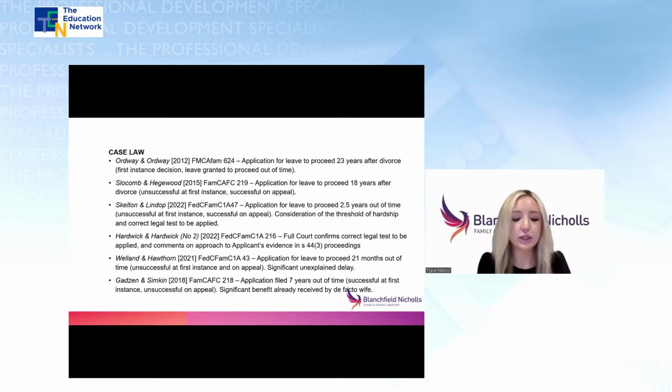The primary judge considered that the de facto wife's contributions, both financially and non-financially, were minimal, and that she failed to prove on the balance of probabilities that the deprivation of the opportunity to bring a claim out of time would cause her hardship. The parties adduced evidence about the likely costs of the substantive proceedings. The de facto wife said the litigation would cost her $100,000, and the husband said it would cost him $110,000.